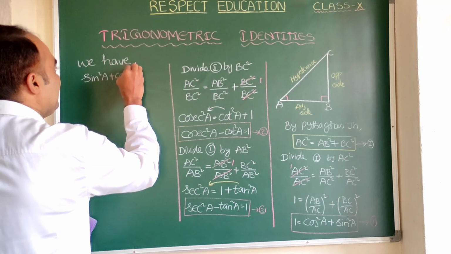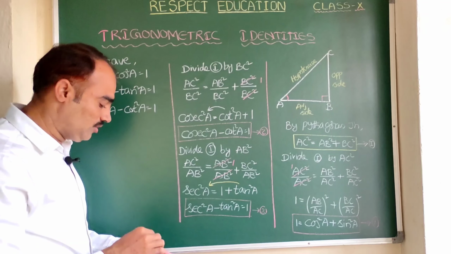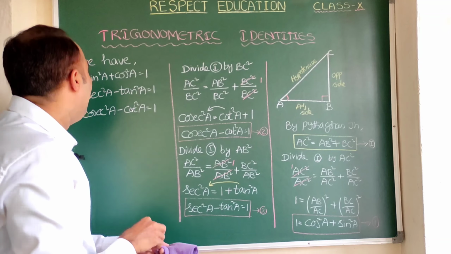So here also this third one is cosecant square A minus cot square A is equal to 1. These three are called trigonometric identities. And one more thing, as it is addition, we can add anyhow. That's why it has no limits. Every value is suitable, every value gets satisfied. But for these two, where we have the minus symbol, there is a rule.